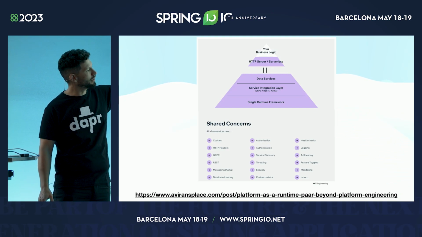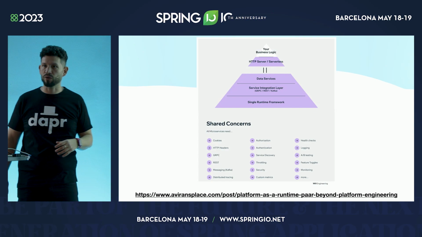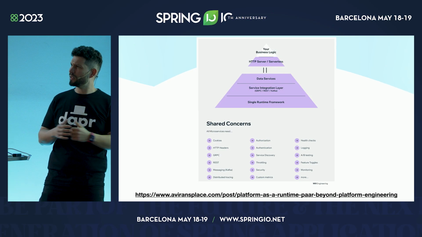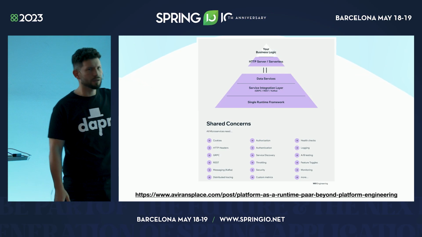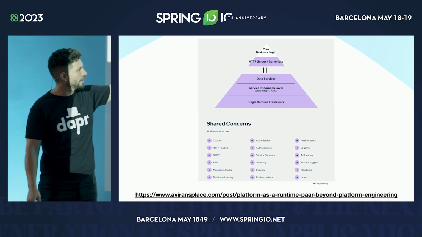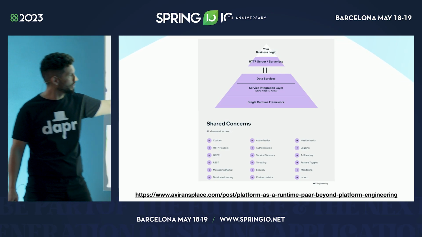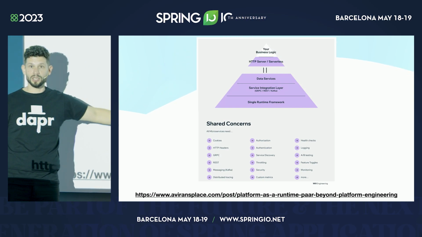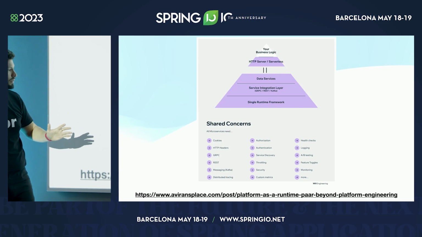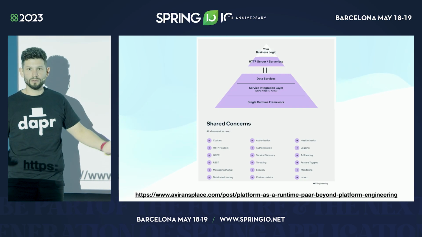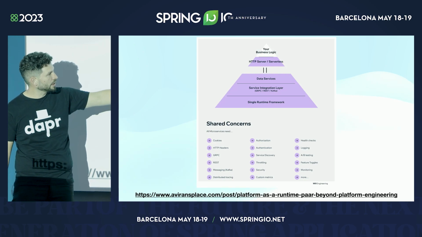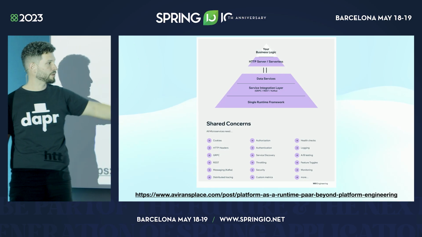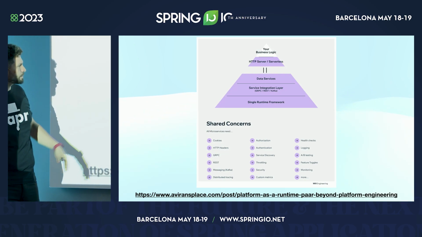What they have identified are the shared concerns across the different services that they are building. No matter which service you are building inside this platform, which has more than 100, I think around 150 services, they all need this kind of stuff, right? They all need gRPC or REST to communicate with other services. They all need messaging. In this case, they are explicitly saying Kafka, so they have standardized on Kafka. They all need distributed tracing to figure out what's going on, custom metrics, security, authentication, health checks, feature toggles, right? Again, they are actually using feature flags and monitoring and all these things.